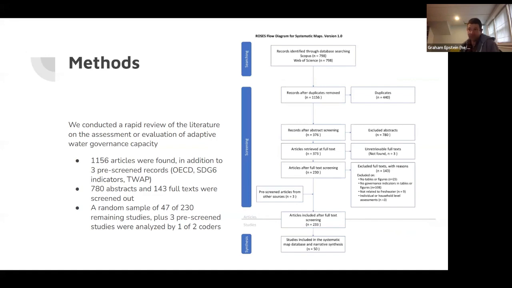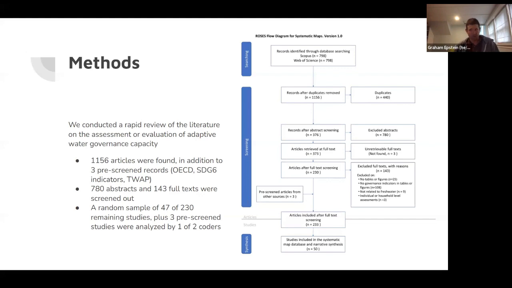That really surprised me. I did the check multiple times because I was a little worried that I had made a mistake somewhere. But anyway, each database returned 798 records, and after we eliminated duplicates, we had 1,156 unique articles, to which we added 3